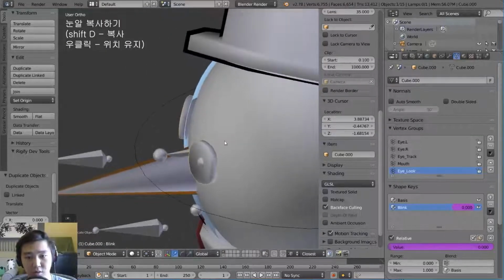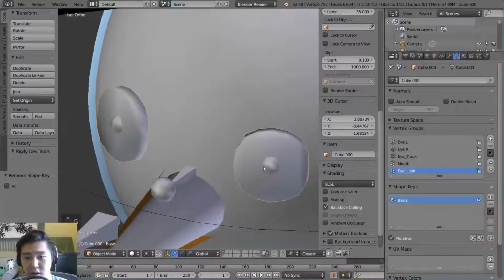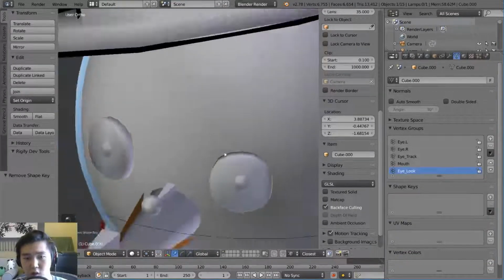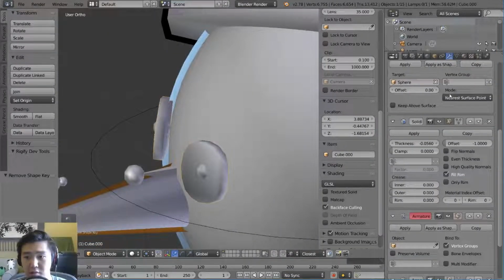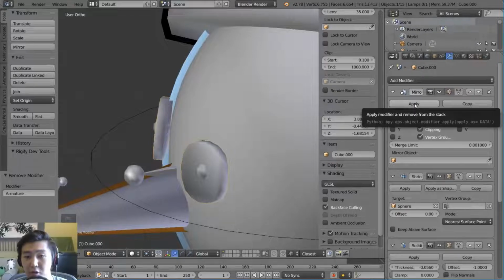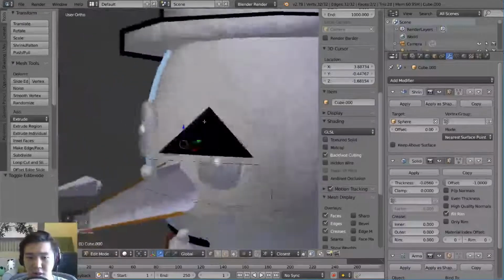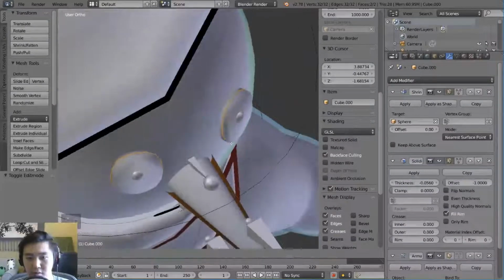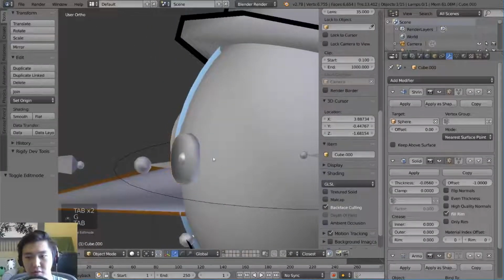And what I'm going to do is get rid of this extra shape key. I might as well get rid of that one too, and we'll make some new ones later to match the blink. But first thing I want to do after that is get rid of the extra armature modifier, and then I'm going to hit apply for the mirror modifier. What this will do is give us two distinct eyes instead of just one that we can edit separately. So I'm going to bring them out forward a little bit. Actually, let's go ahead and take off the shrink wrap modifier.